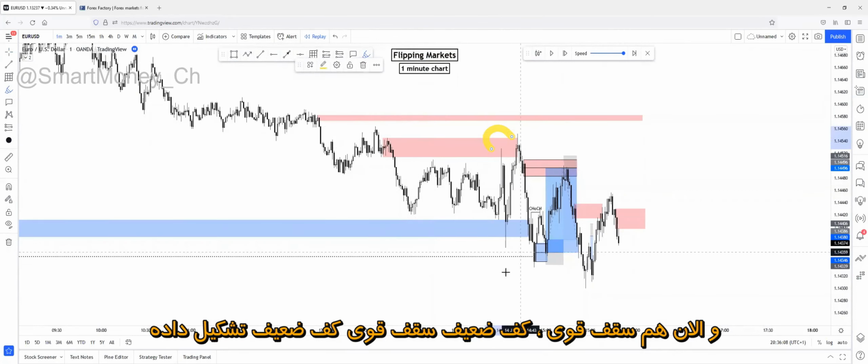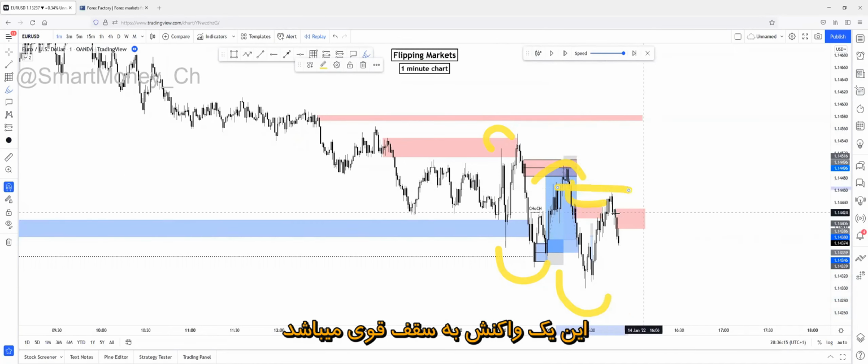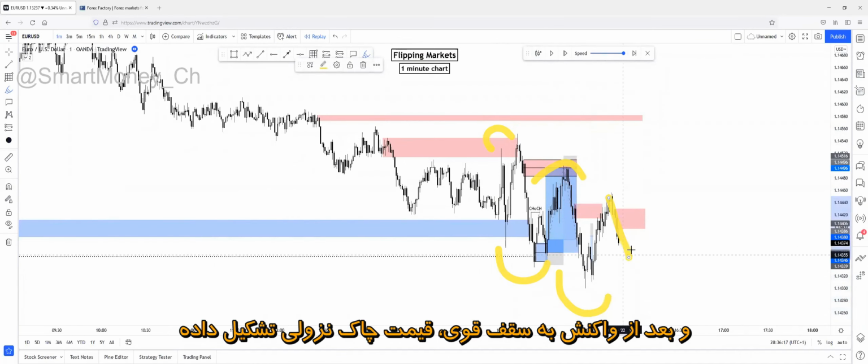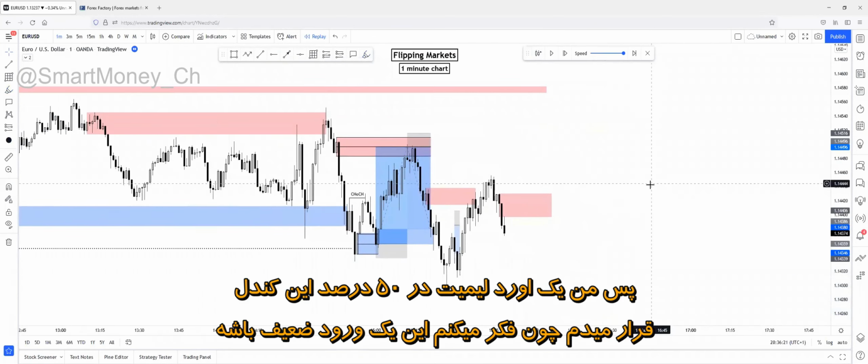It's able to create strong highs, weak lows, strong highs, weak lows. And as you can see, price just reacted on a strong high. This is a strong high reaction right here. And after a strong high reaction, price changed character to the downside. So I'll be setting a limit order on the 50% of this candle, because I believe this is a